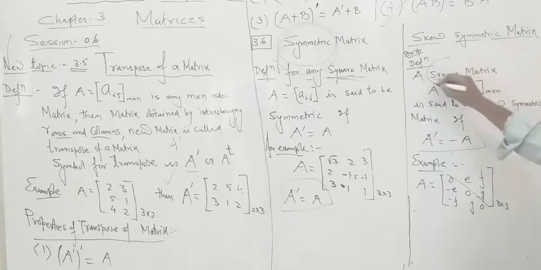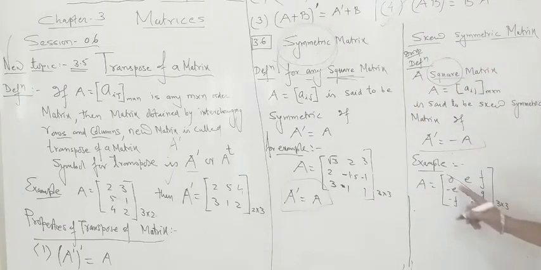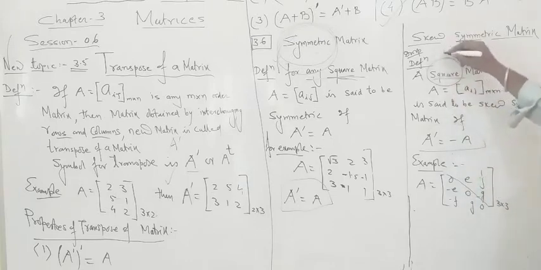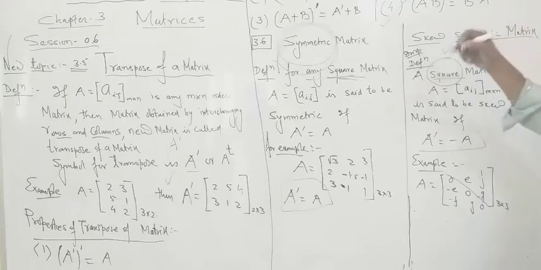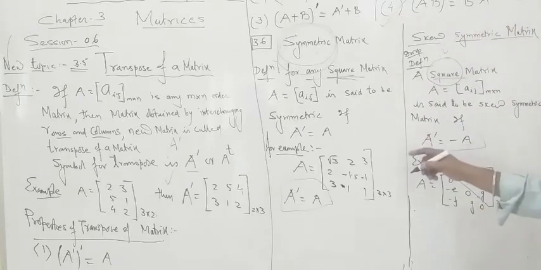Two important properties are, first of all, it should be a square matrix, diagonal-wise entries should be 0, and cross-wise elements should be the same but with the minus signs different. Then this type of matrix is called a skew symmetric matrix. We will see one or two important theorems after this topic.